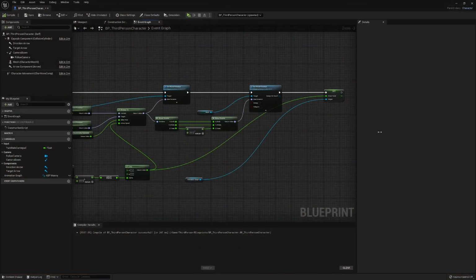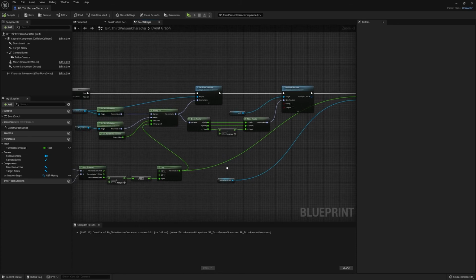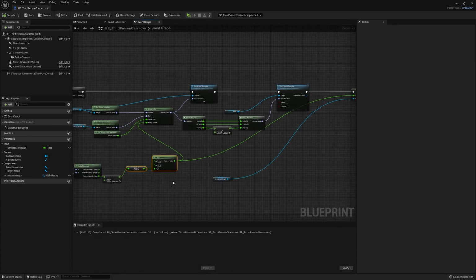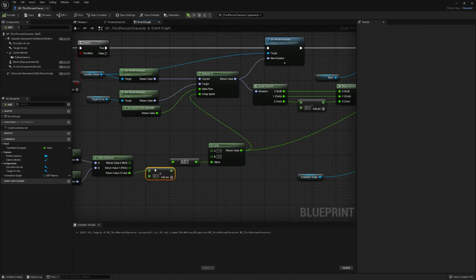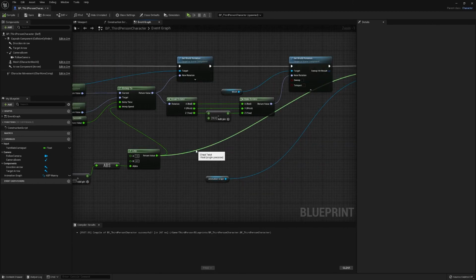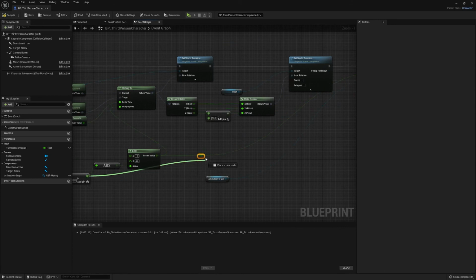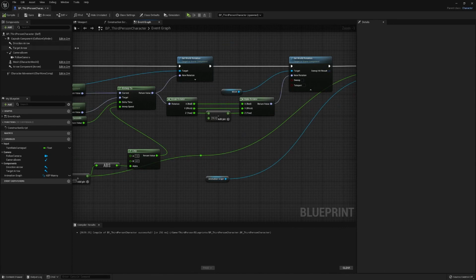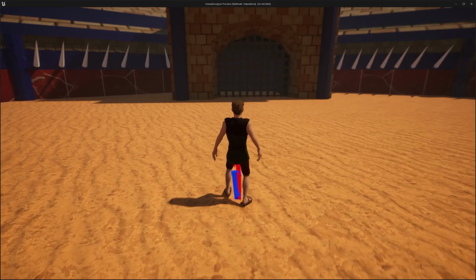So there's some issue. Oh, I know. So when we divided it by 90, this basically gave us an alpha value of the twist. We wanted to plug it into there instead. Just make a reroute node here, plug it in, and now